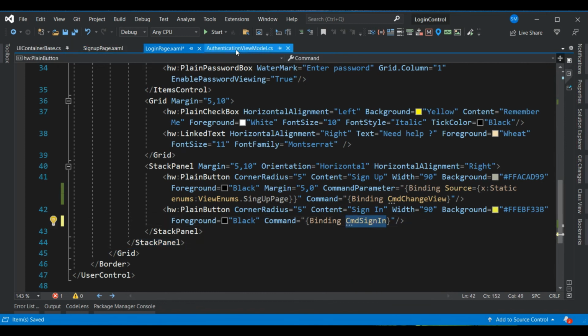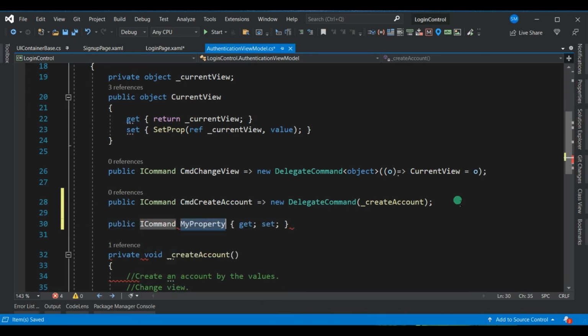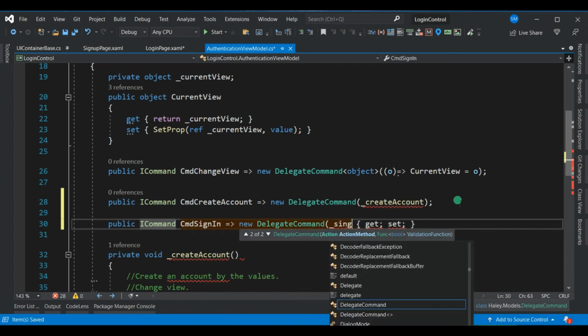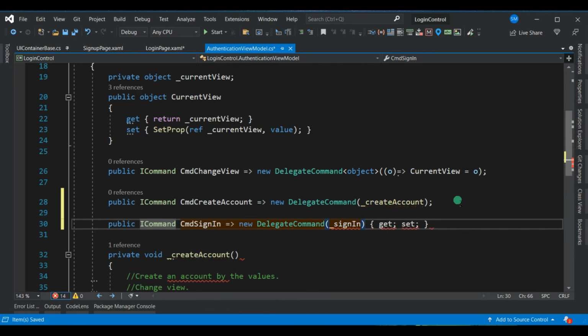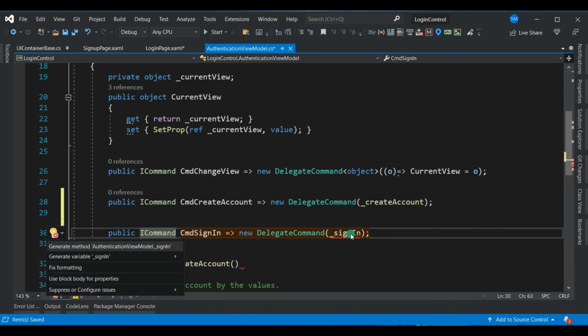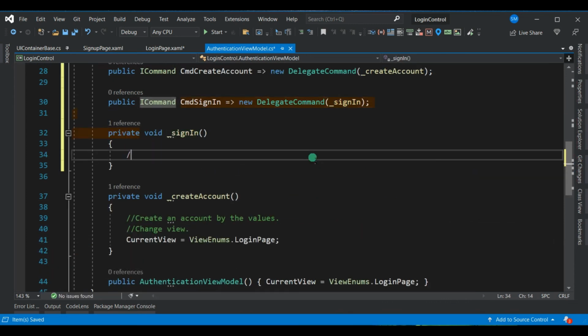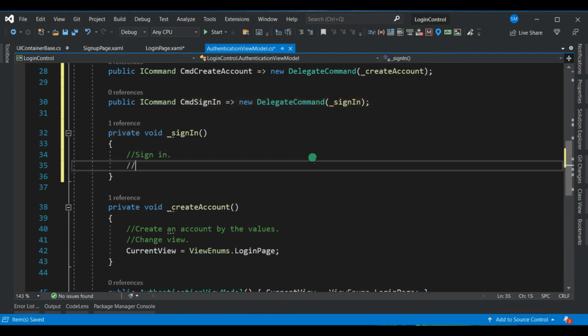I will go to my authentication window. I will add one more. Drop by command sign in. New delegate command sign in. Okay, here do whatever you want. Sign in, but finally, if it is successful,